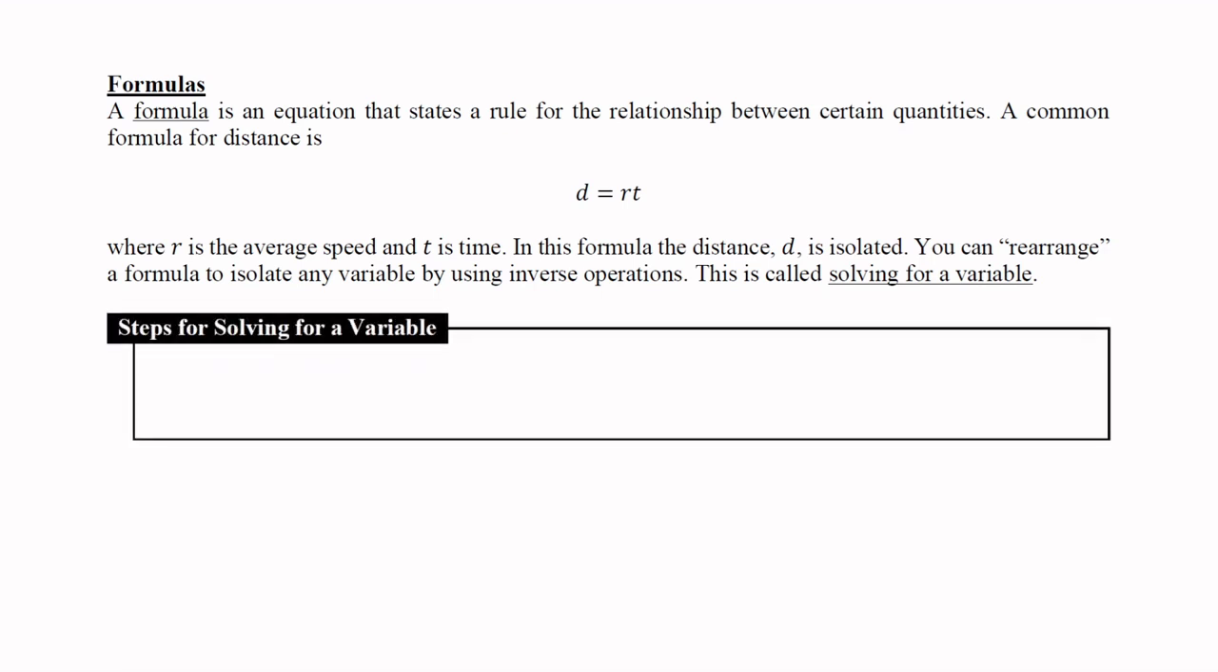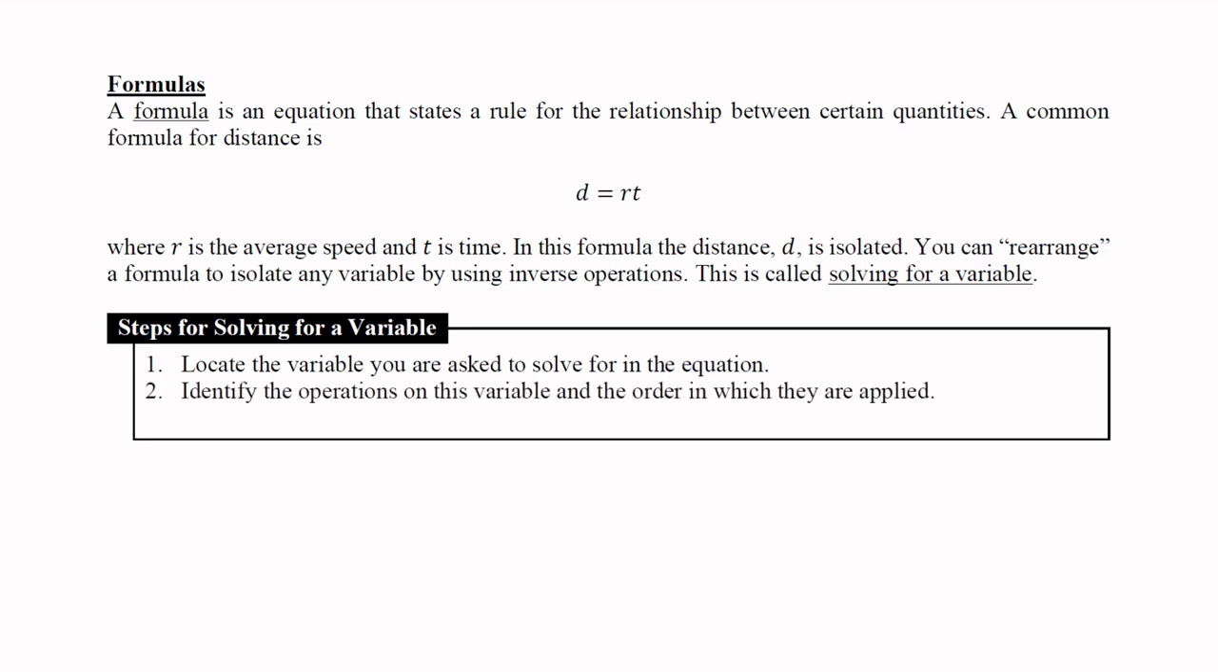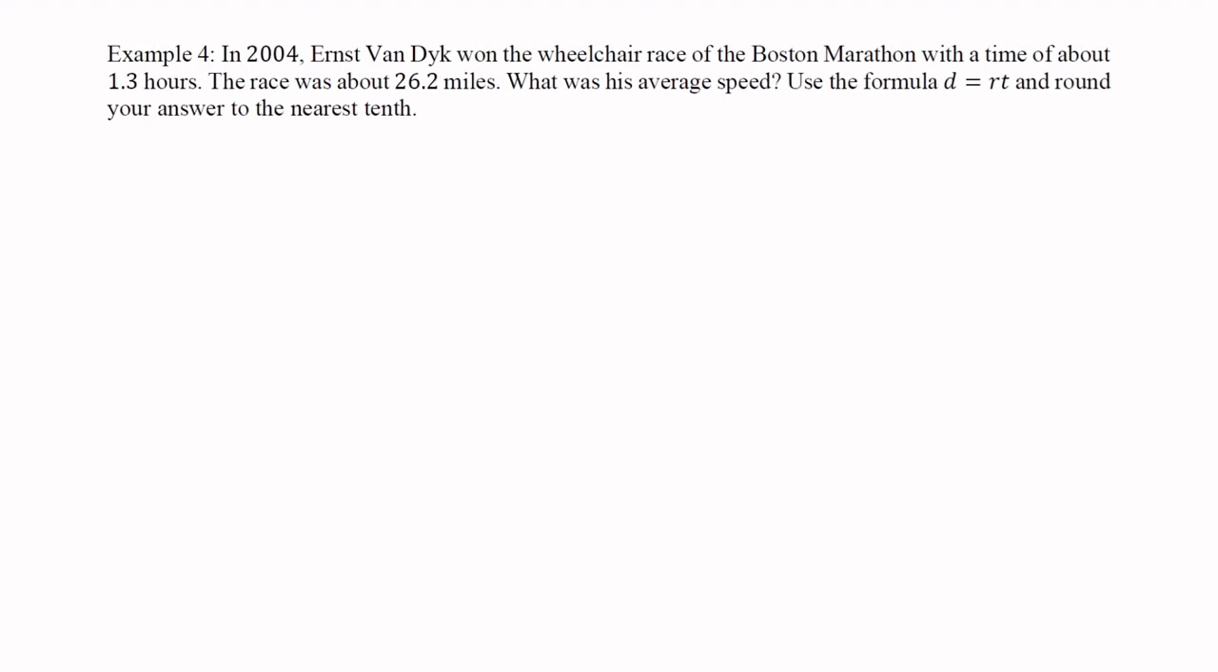To solve for a variable, you're going to locate the variable you are asked to solve for in the equation, identify the operations on this variable and the order in which they are applied, and then use inverse operations to undo operations and isolate the variable. So in this example, we're going to use a formula and we're going to solve for the variable that we need. So in 2004, Ernst van Dijk won the wheelchair race of the Boston Marathon with a time of about